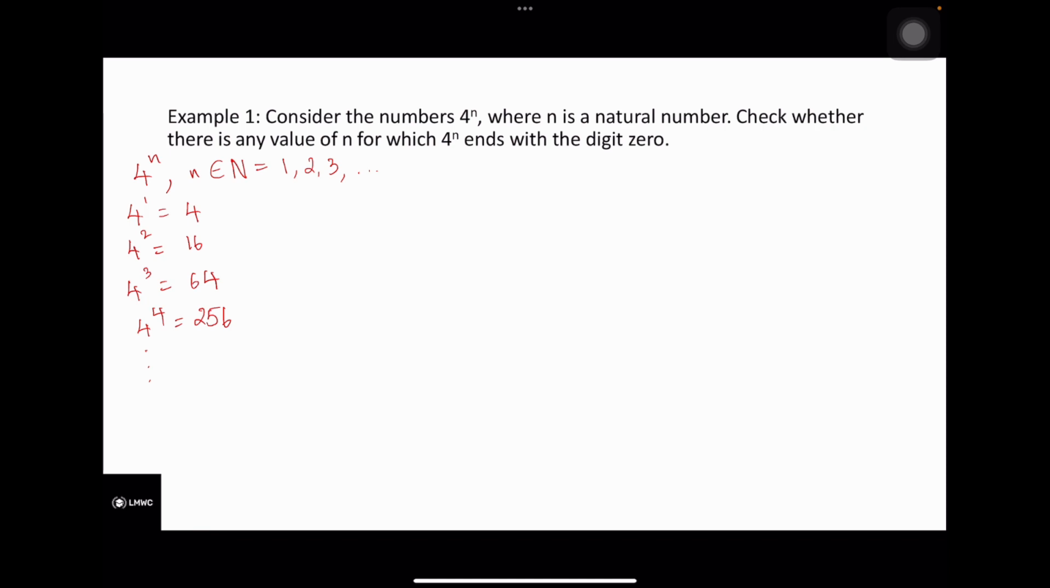Now the question says, for any natural number, if you substitute it in 4 to the power n, you're going to get some answers on the right hand side. Will you get a number which ends with the digit 0? So the last digit, will it be 0 for certain natural numbers? Since the counting numbers are infinitely many, we cannot manually check all of them,